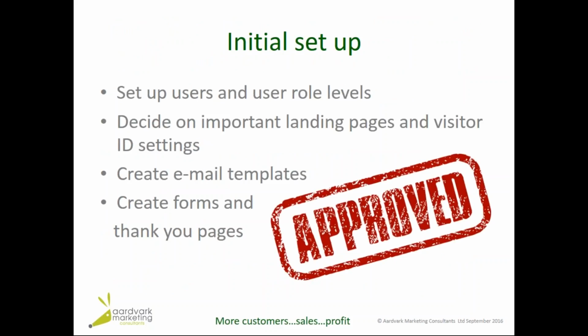So the next step is the initial setup of your system. So we set up the users, so typically the 5 key contacts, and the role level. So who's allowed to alter anything, who's allowed to send out an email, who's allowed to link to a new blog or a new landing page. You can set up different levels within your business. So if you want to have overall control, you can have one super user and other levels underneath. Quite often the sales team would like access, but they don't need the same access as the marketing team, for example. You need to decide on your process.